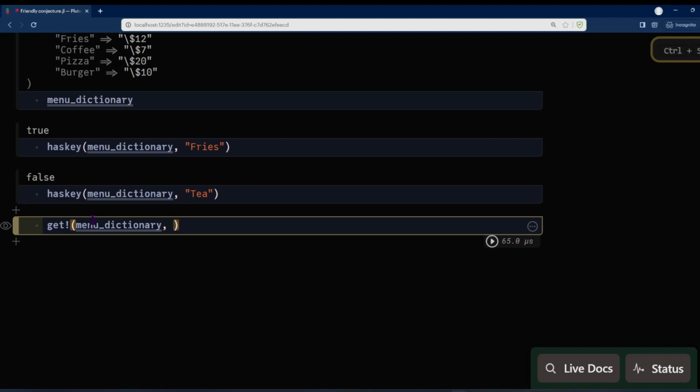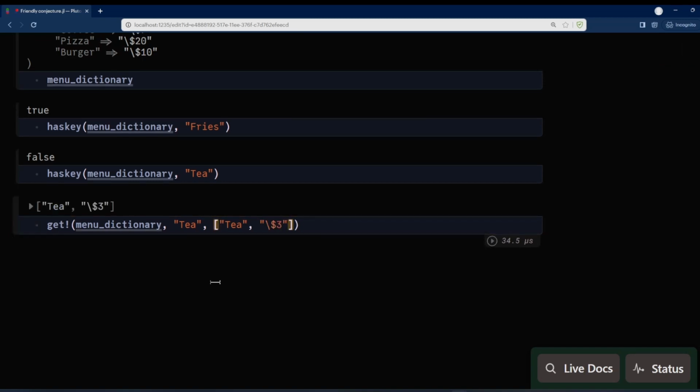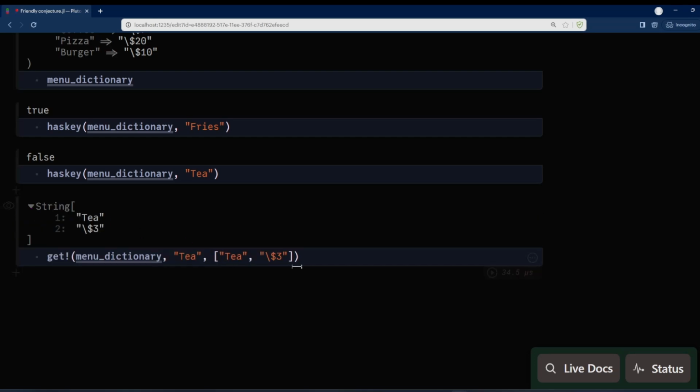So we can check if the tea exists or not. So I'll add tea here. It will check tea if it exists or not, and if it doesn't exist, then add tea with a price of $3. So if we see now,